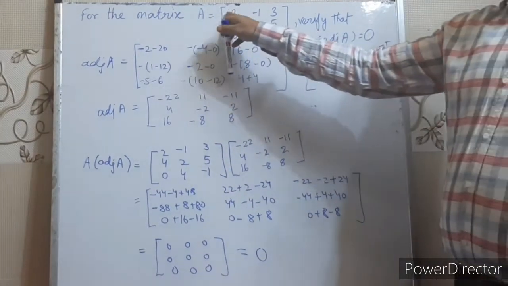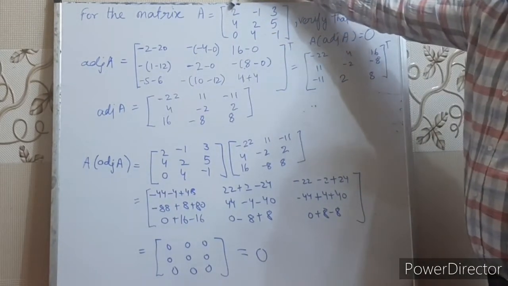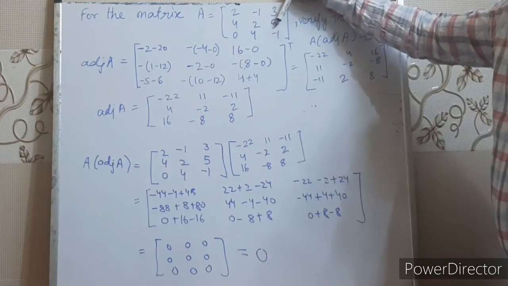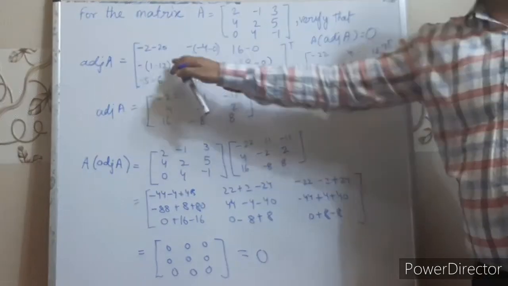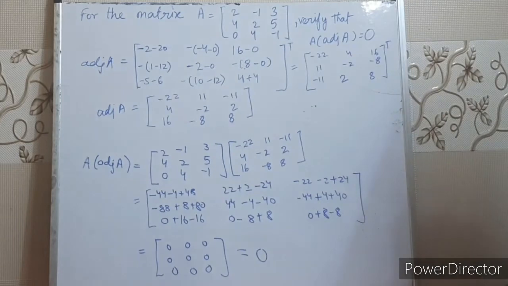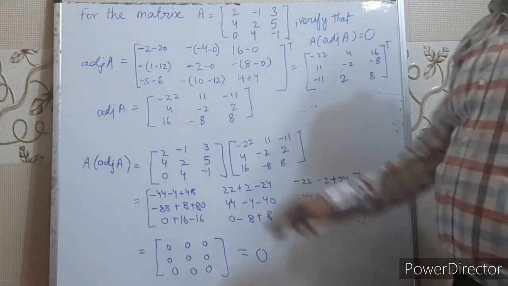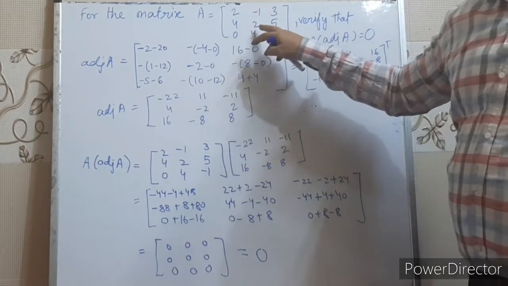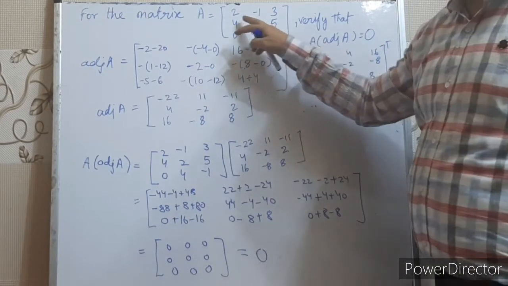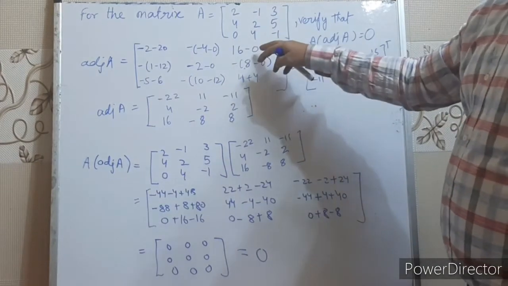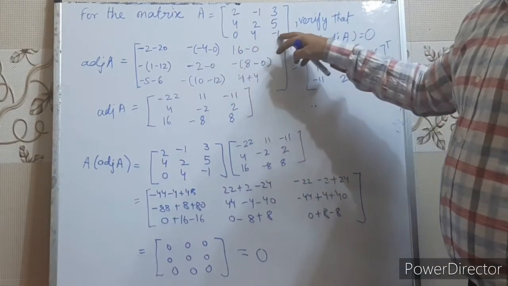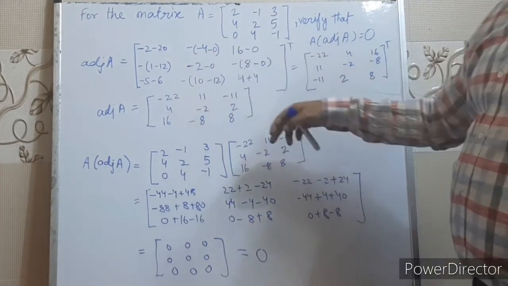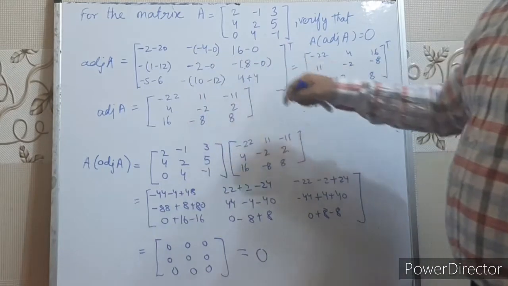Suppose we are calculating the cofactor of this element, first row, first column. Then this row and this column will get cancelled. 2 into minus 1, minus 2, minus 20, right? So the cofactor of this term, first row, first column, is minus 2, minus 20, and it has a plus sign. We have discussed earlier. Now for this row and this column cofactor, this row and this column will get cancelled. What will we get? Minus 4 and minus 0. This place has a minus sign, right? So it will be minus times of minus 4 minus 0.